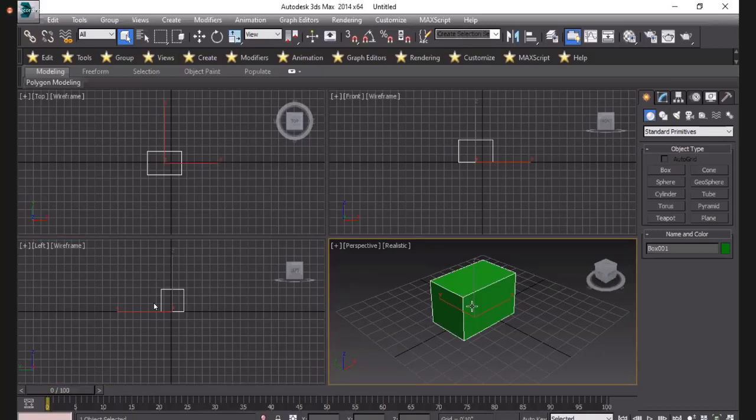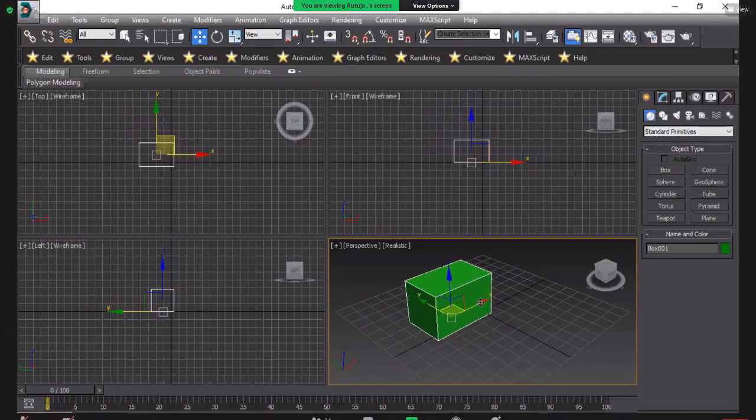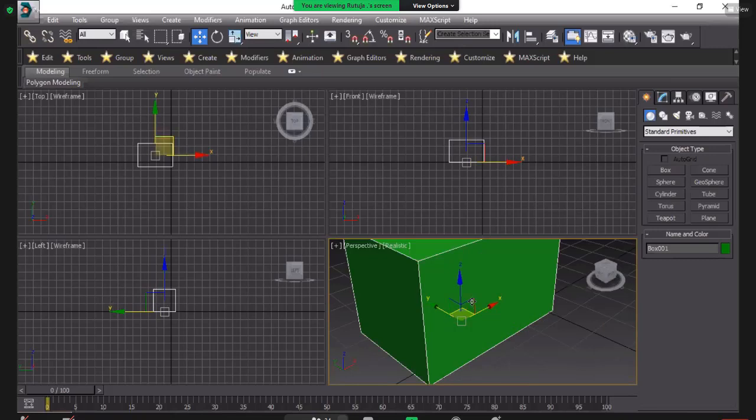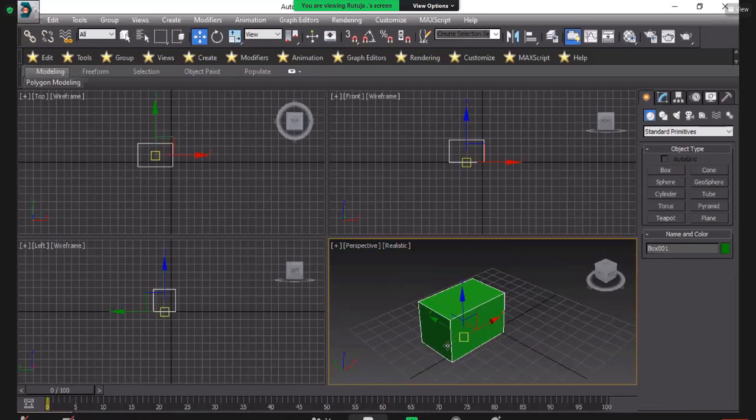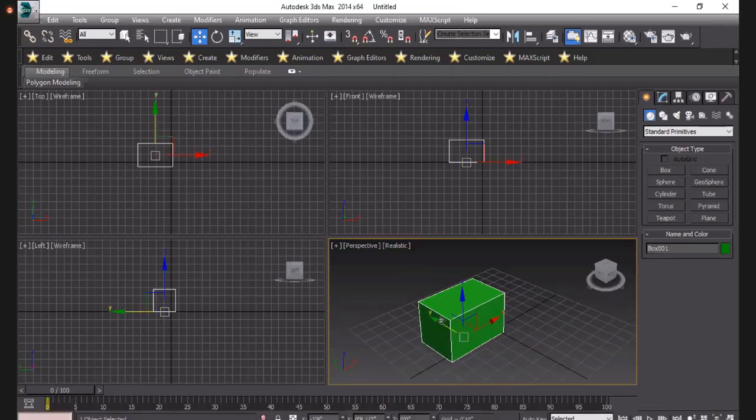Here a vital role is played by the gizmo. If you have seen AutoCAD, there is a UCS icon, which shows the 3 dimensions. Here, like AutoCAD, there is also one icon, called the gizmo, and it plays a vital role in our 3ds Max.